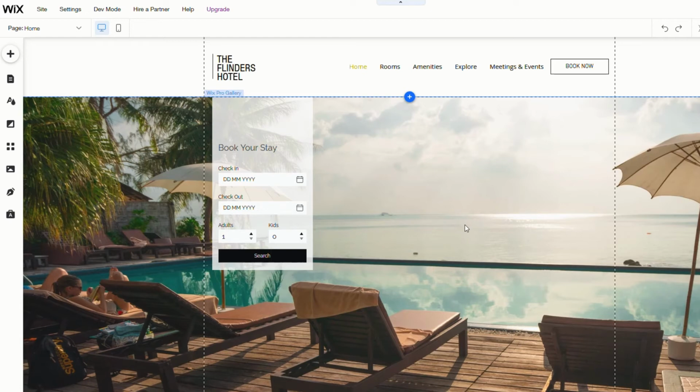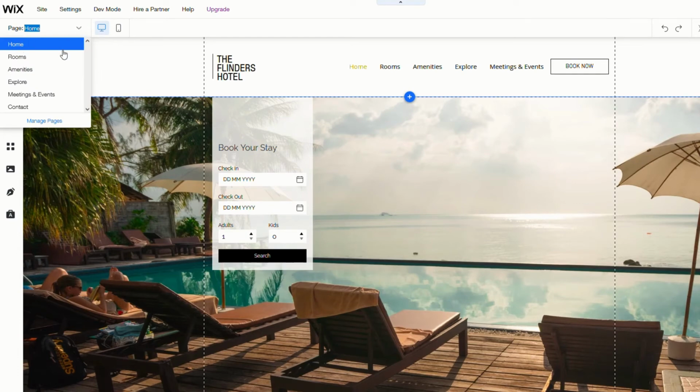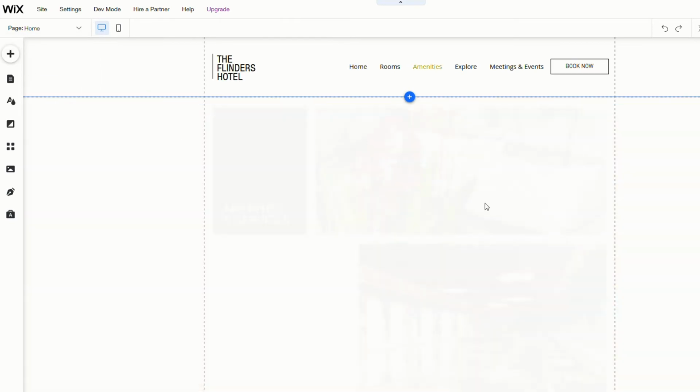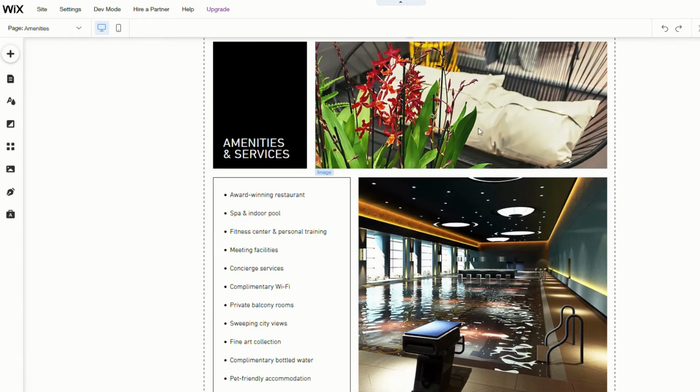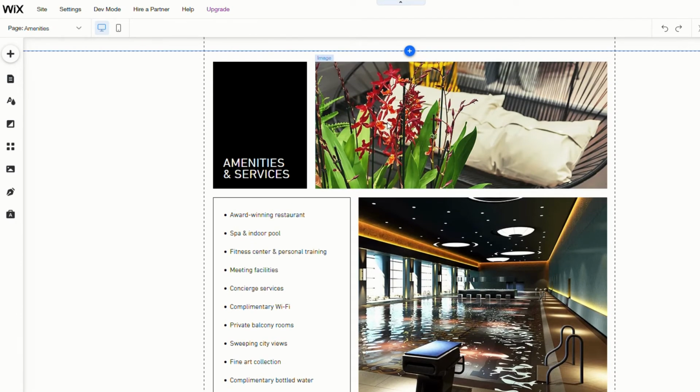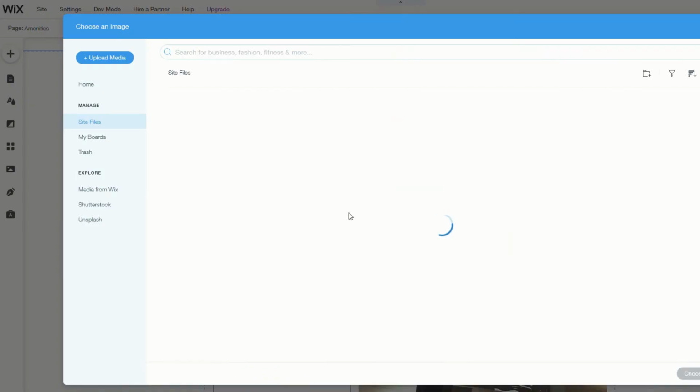So let's quickly take a look at the other pages. We'll go to amenities, and this is where you can change up some of the other features of the hotel. You might not even need this page, or you might want to rename it, but same again, you can go in here and change out the image pretty quickly. So we'll just do that, change the image,